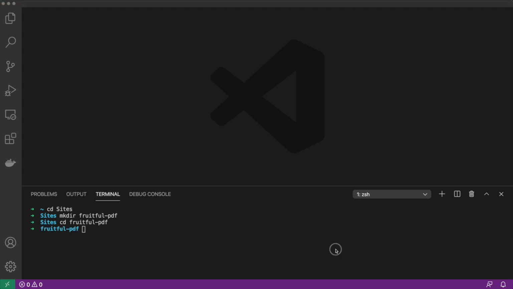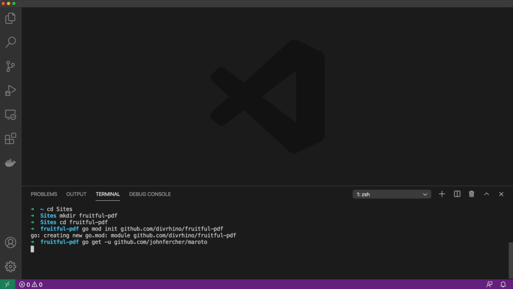We will initialize Go modules to manage our dependencies. It is a good idea to name your package after the URL it can be downloaded from. This project will be available on my GitHub, so I'm going to use the repository URL as the name of my package. Please feel free to use your own URL for this step. Now we can move on to installing our dependencies.